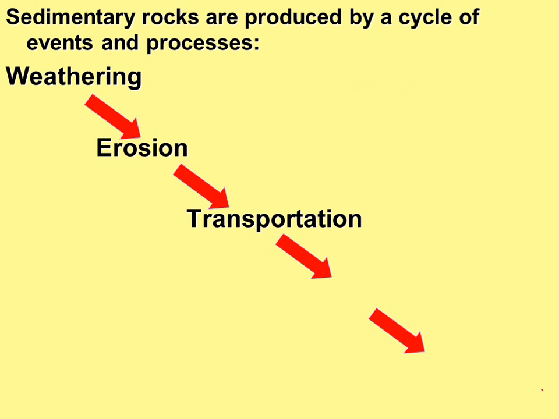those particles are transported, if we use a stream or a river as our example here, they are transported either in suspension or in what's known as bed load, where they roll or bounce along the bottom of the stream. And then ultimately, these sediments will accumulate at some endpoint, presumably in a basin of deposition. So think of, in a simple-minded picture, the Mississippi River and the Gulf of Mexico. The Gulf of Mexico is the hole in the ground where the sediment accumulates. The river is the means by which that material is brought to the hole in the ground.